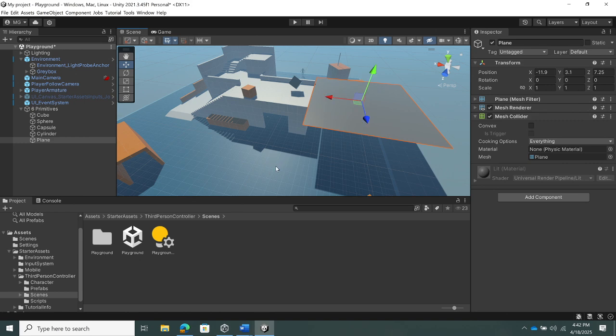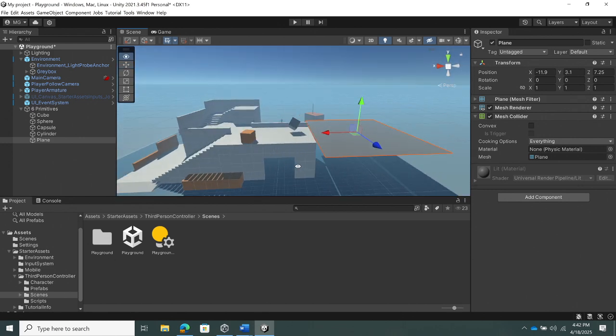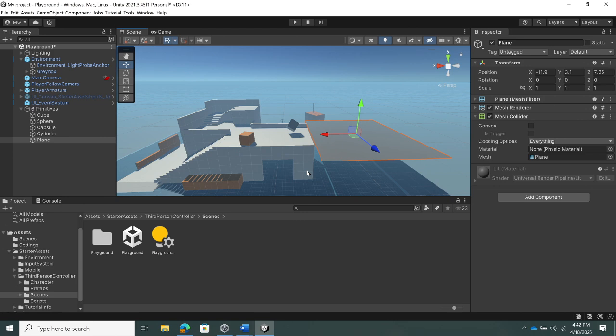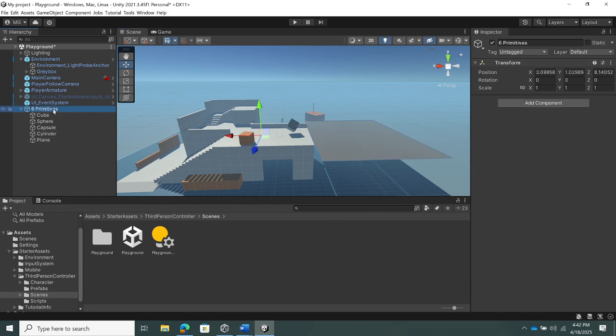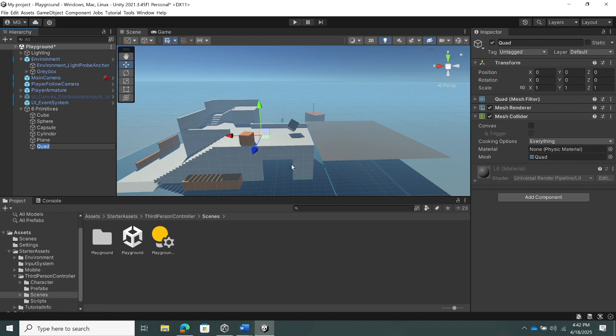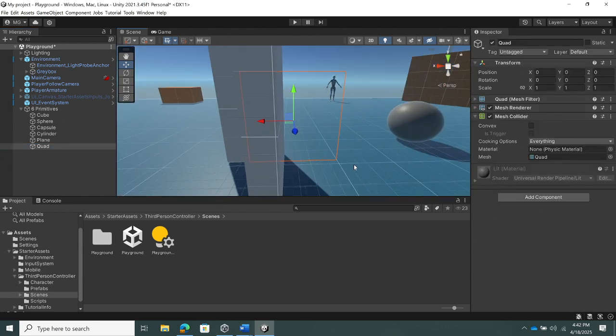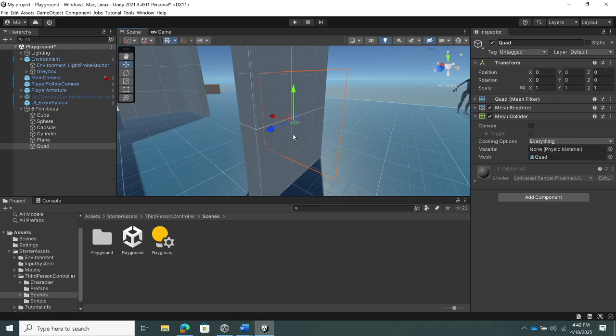So this is where with the kids I tell them, look, now that we're in this port, you can say, okay, now I have a maze. What are planes used for? Right? These are floors. And then quads. What the heck is a quad? F for quad. This is interesting. So if you look at a quad, it doesn't really have